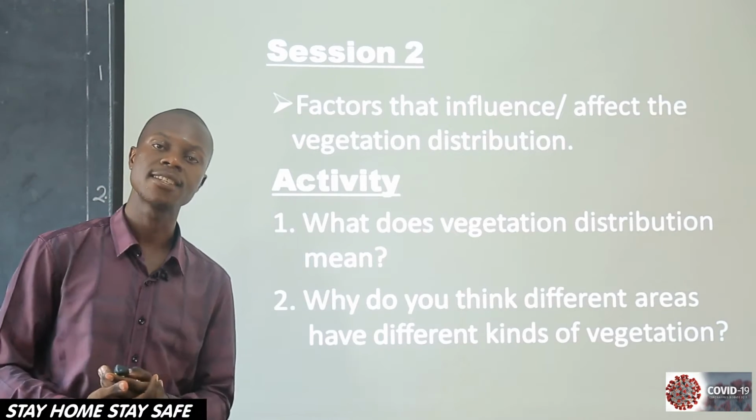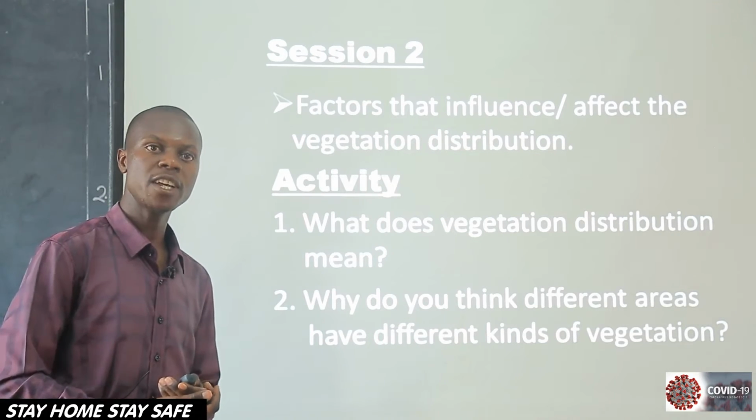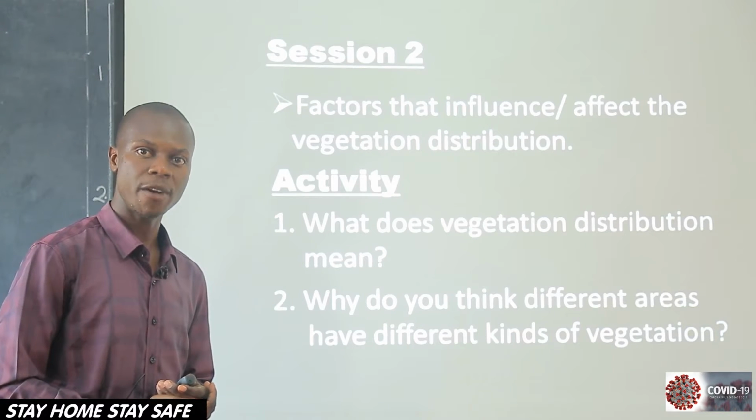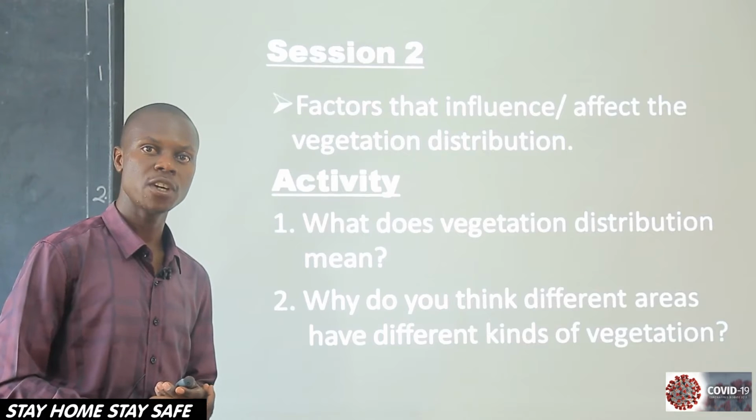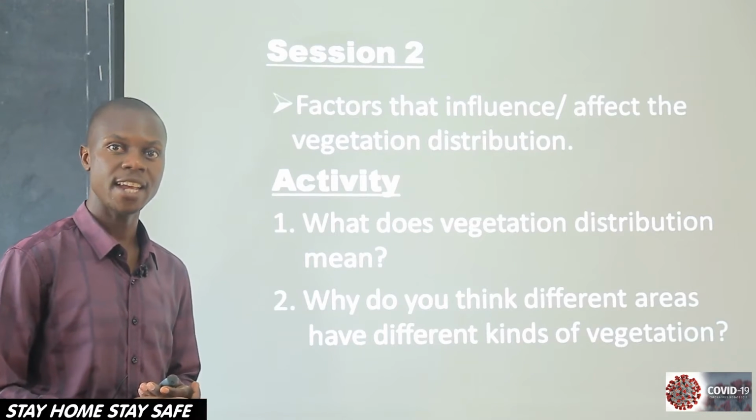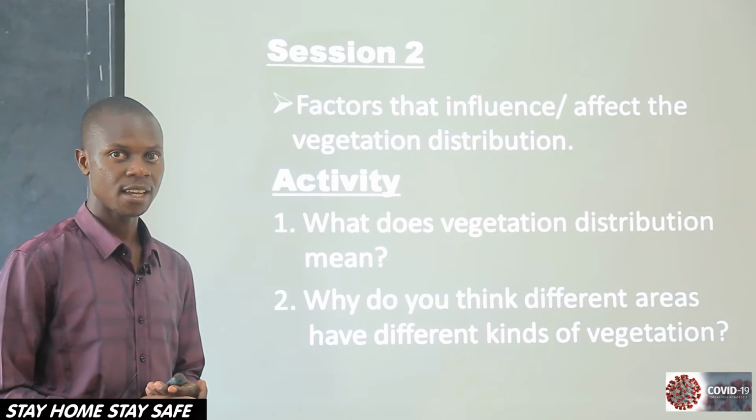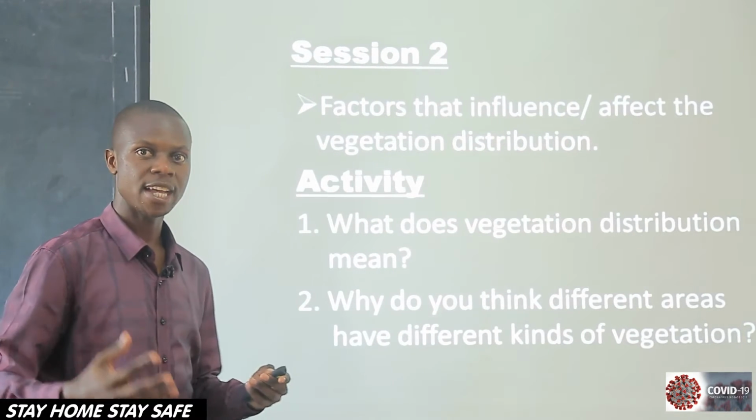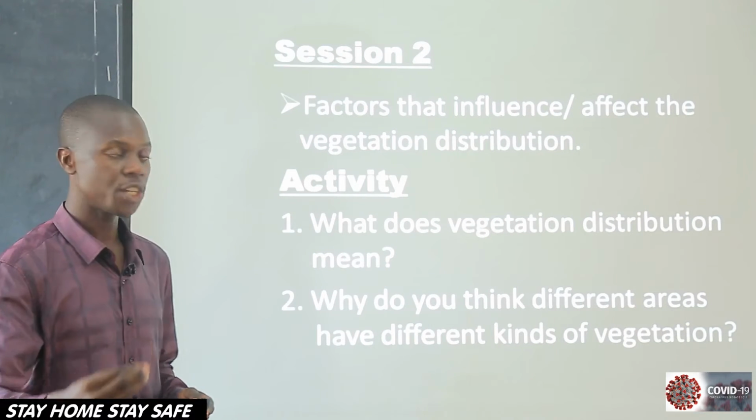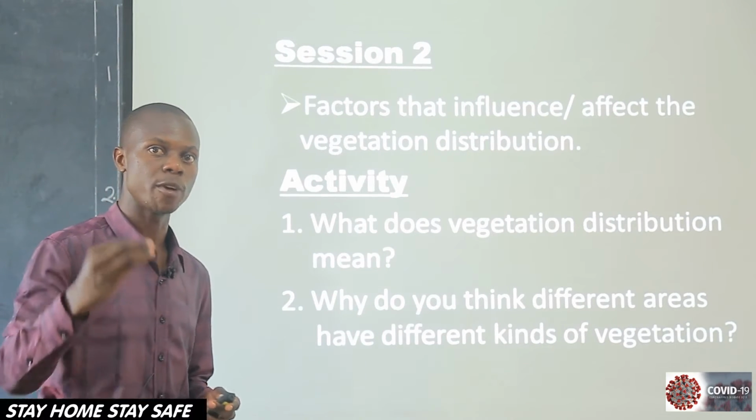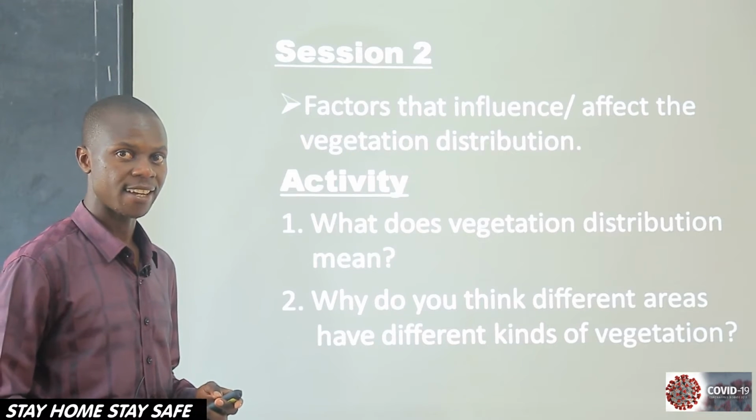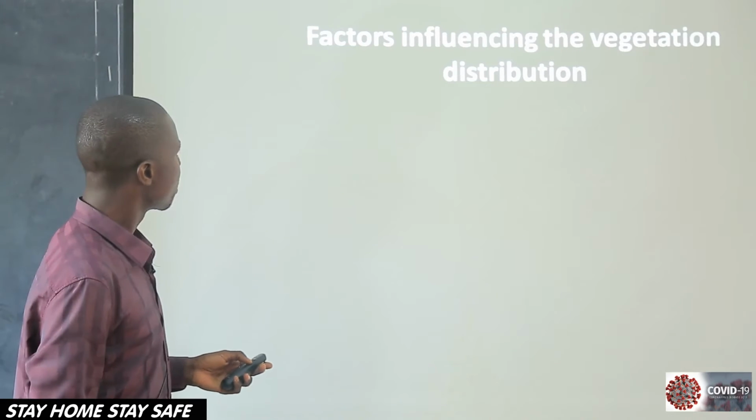distribution means. So vegetation distribution is the way vegetation is spread in an area. Is that clear? You find different areas have different kinds of vegetation. So the way vegetation is spread in an area is what we refer to as vegetation distribution. Is that clear? All right. We can now